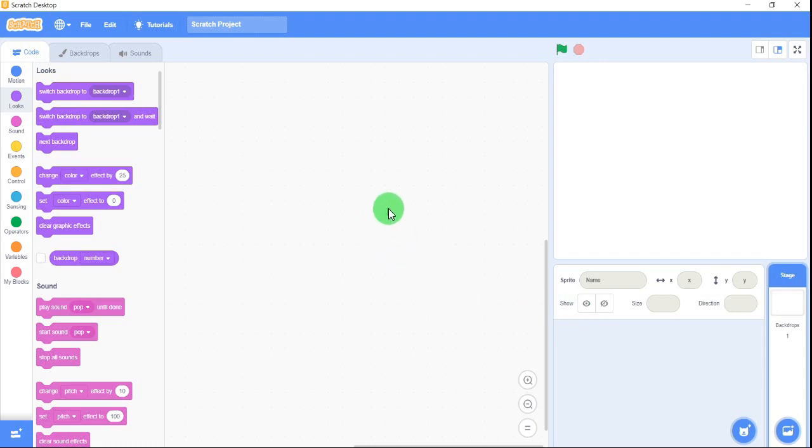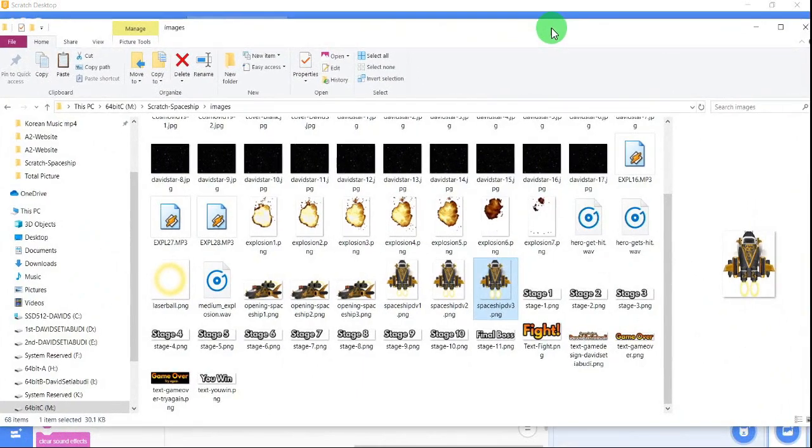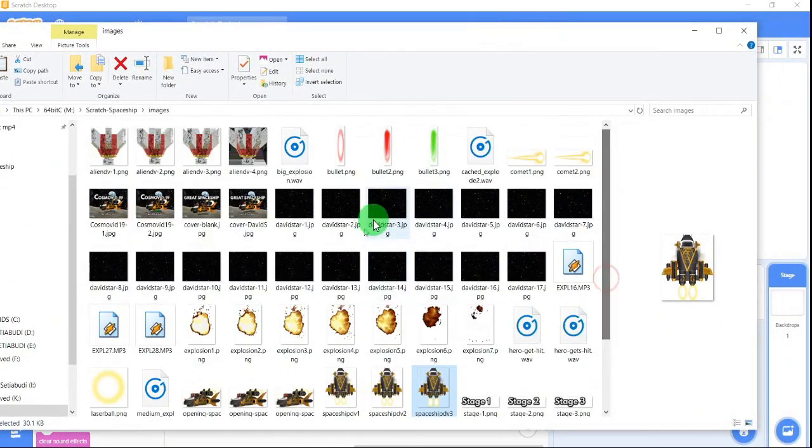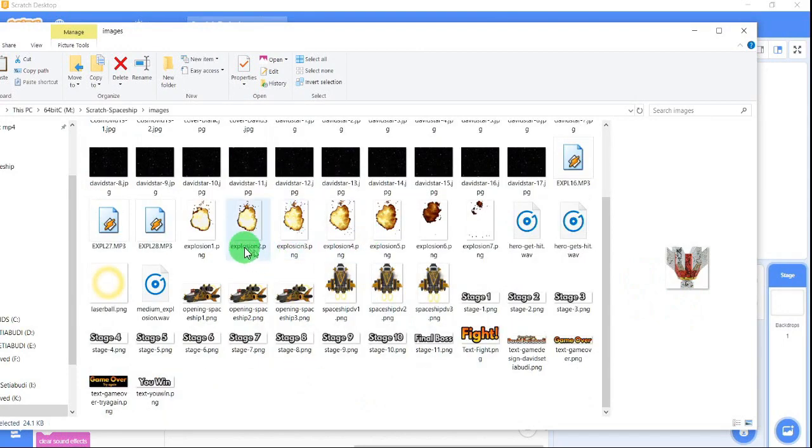Now, one more thing. Before you go to do this one, you need to have these pictures. You see? You need to have these images. This is the aliens, which is PNG, which means the background is empty, and this one is the spaceship, and this one, you see, there are three animated PNGs which have the difference in the fire, you see, at the back engine. So you need to load this. Okay,